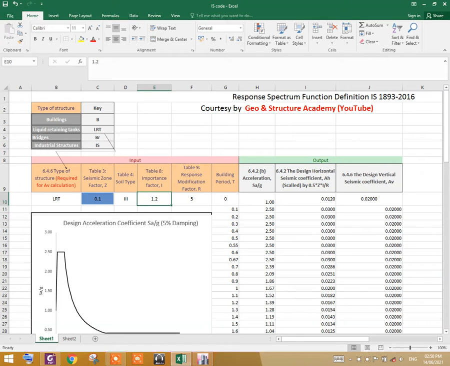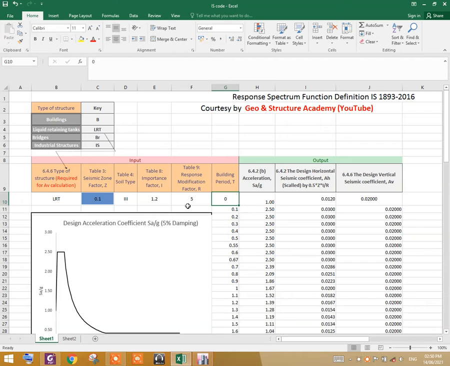This is the importance factor, and it is defined in table 8 in IS 2016 code. And this is the response modification factor. You can obtain the value from table number 9 in IS 1893 code.